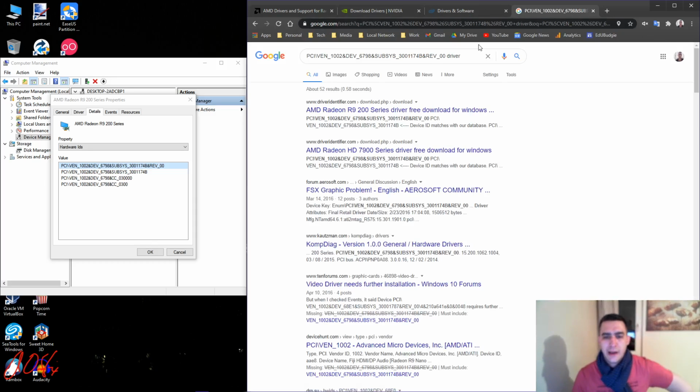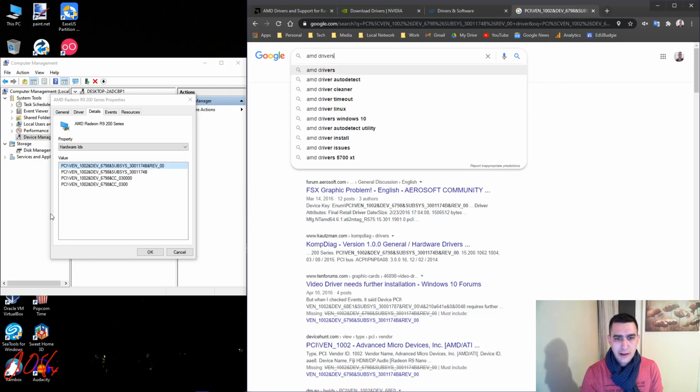That's the hardware ID, and you notice that shows AMD Radeon R9 200, also shows HD 7900. For my display graphics card, the R9 280X is a Radeon HD 7970 GHz Edition or something. It's basically an older version that was rebranded as a newer version. I know that, but that's why it's showing both of them. Either of them will work. It's the same driver. So once you know if you've got AMD or nVidia or Intel, search for AMD driver